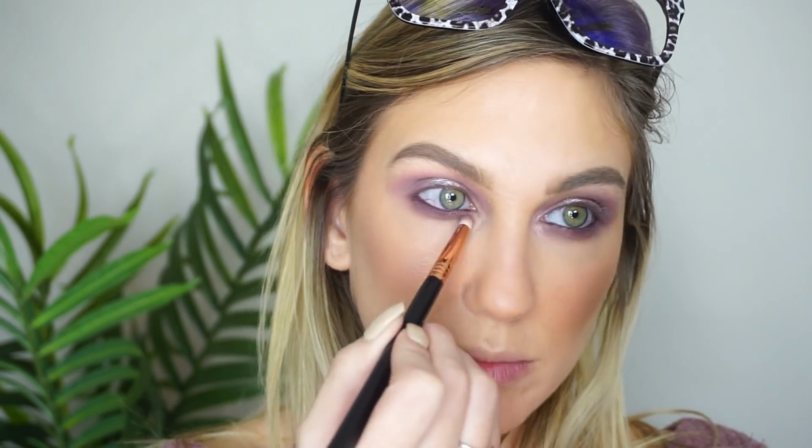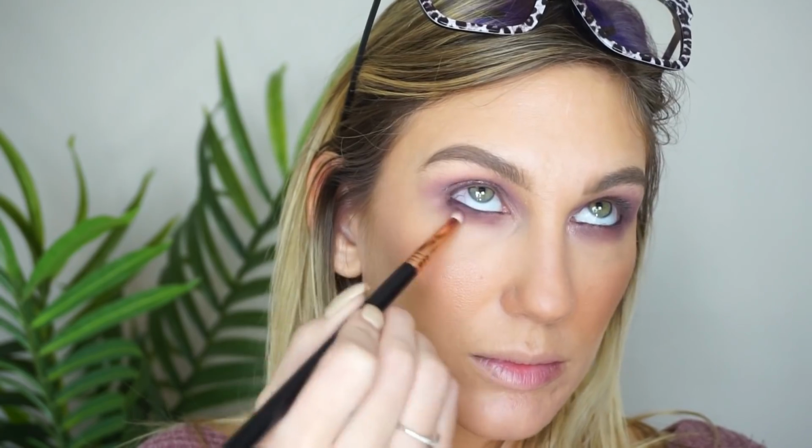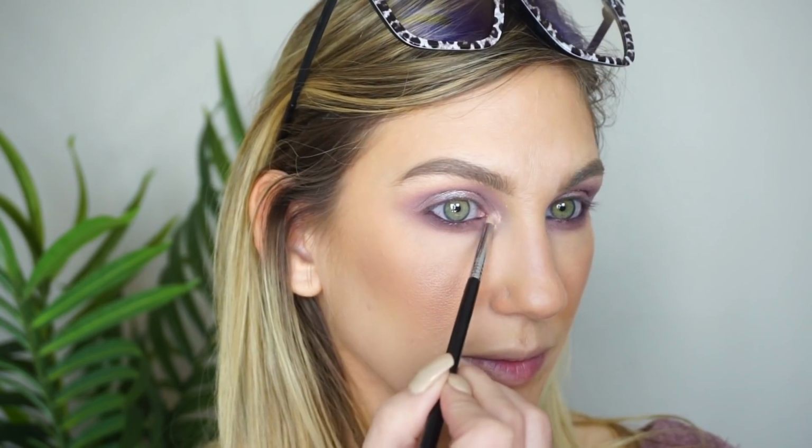That was really the only reason. I don't think I needed to do it. I just kind of wanted to see what those two would look like mixed together, and so I just popped that on the center of my lid too. And then on the lower lash line, I used Angel Baby, this darker shade right here, and smudged it on